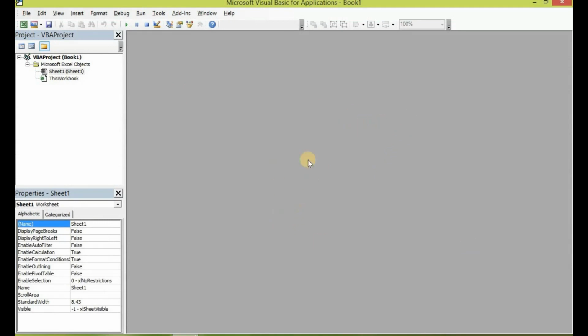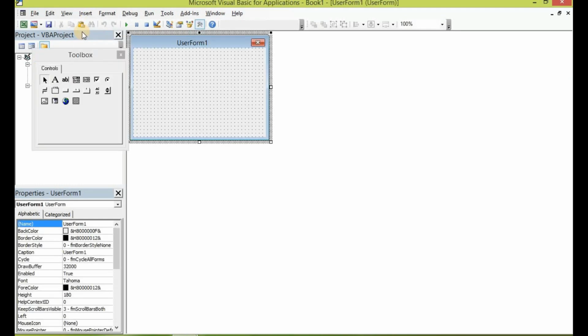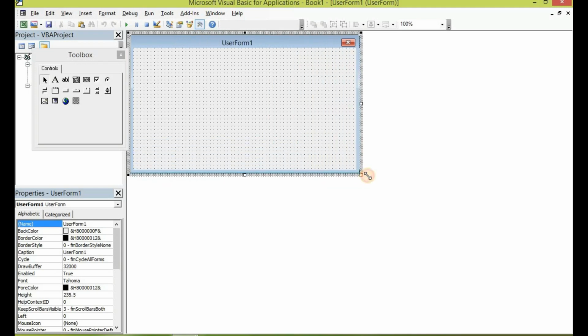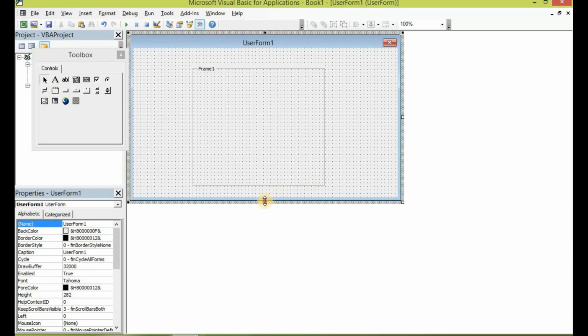When this editor opens, you'll be presented with this interface. Let me insert a new user form by going to the Insert tab and then click on Insert User Form. This is where I'll be carrying out the design process. I want some more room, so let me hold down here and then draw it out. This is going to be a simple design, so let's select a frame, draw it out here. I need some more room,